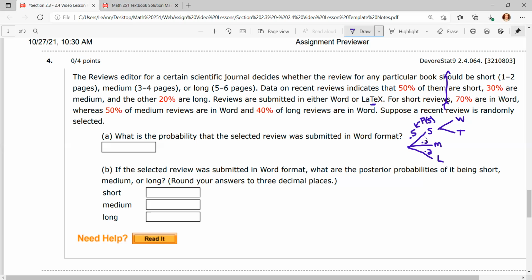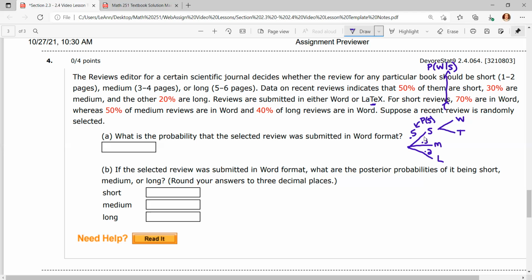I'm going to write it up here so we can see it. That first probability there is the probability that it's a Word document given that it's already known that it's short. So all of these second branches, and if you did third branches, they would be conditional on being on the path that they were already on. So conditional on the prior choices. So this first probability here of being a Word document, given that we were already a short document or short review,